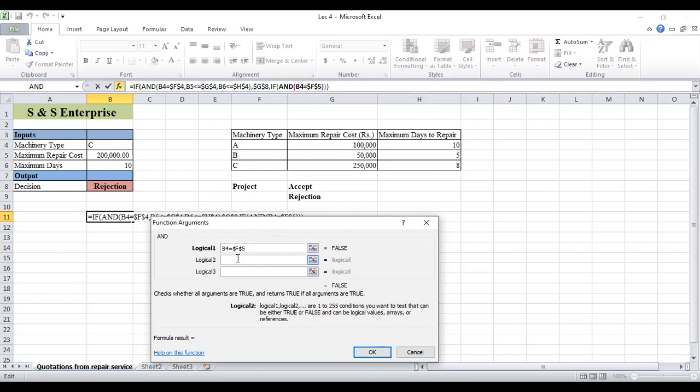Then the cost must be less than or equal to 50,000. Okay, good. And yeah, good. And the third test, you're going to see the maximum days must be less than or equal to the maximum days of repair. Okay,